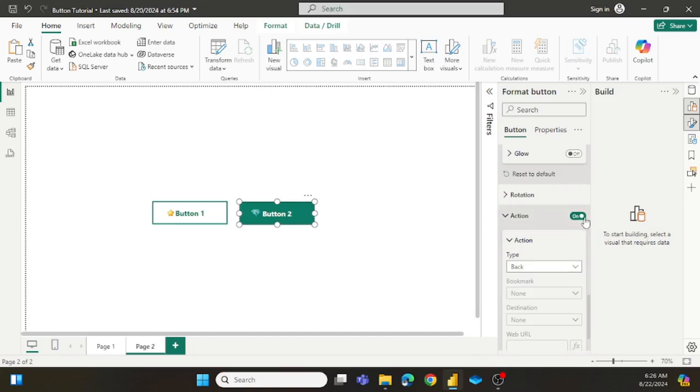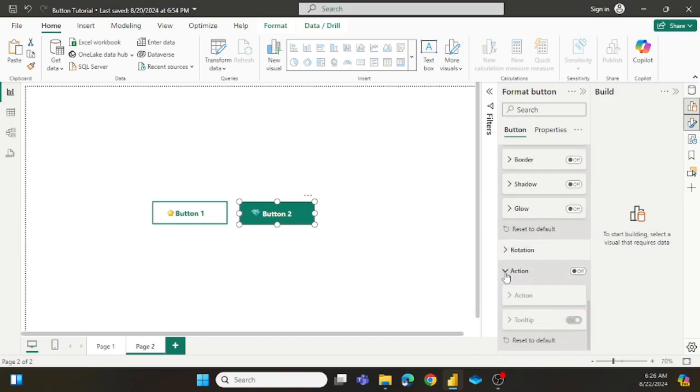But the aim of this lesson was just to show us how we can design beautiful buttons for our Power